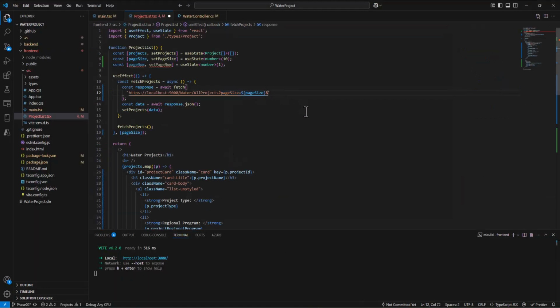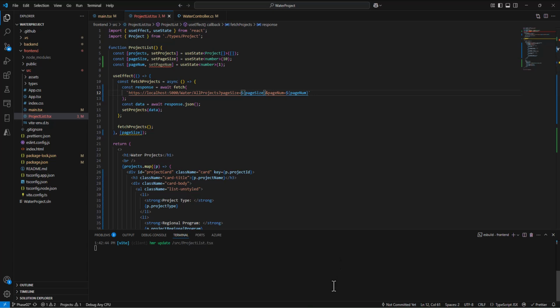And same thing here. If I call this page num, that's totally fine. Even though the variable's named page num, that's okay to have those things be named the same. And page num is going to be equal to, same thing, $ page num. And now we're passing both of those pieces of information up to .NET when we make this request.